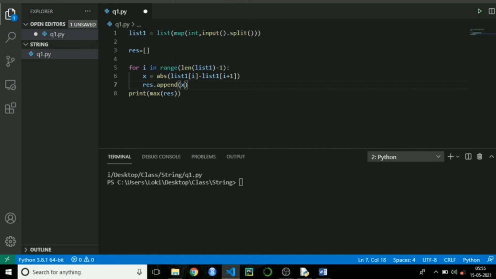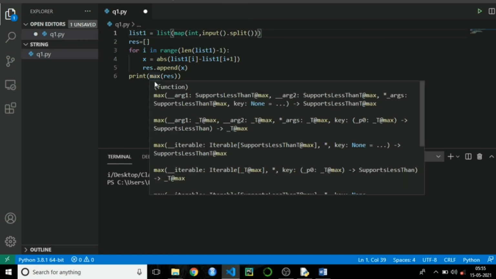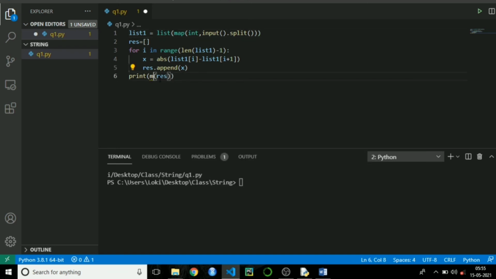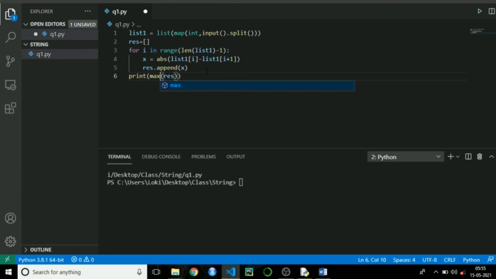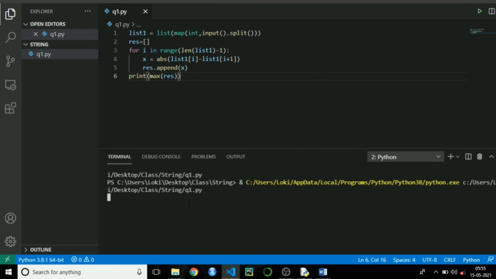This is a very simple code. You just need to understand how the max and min methods work in Python. If I give the min function here, it gets the minimum value. If I give max here, it gets the maximum value out of the result. Let's verify whether the code is working fine. I will give a list here: 2, 4, 6, 10, 1, 20. The maximum value should be 10 here, because 10 minus 20 is 10. So 10 should be printed in the output. And 10 is printing. So this was the question asked in Tech Mahindra this year.